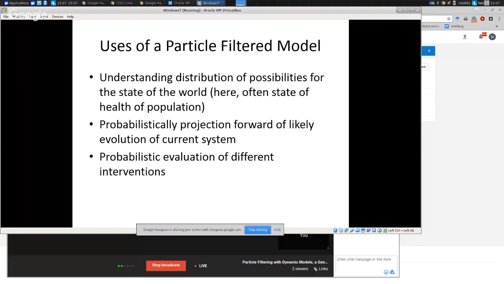A particle filtered model allows us to take external data on an ongoing basis and to use that data to estimate the current state of the system, the value of each state variable, each stock for a system dynamics model, or the number of people with different characteristics in an agent-based model and their relationship with one another. It allows us to estimate the state of the system,